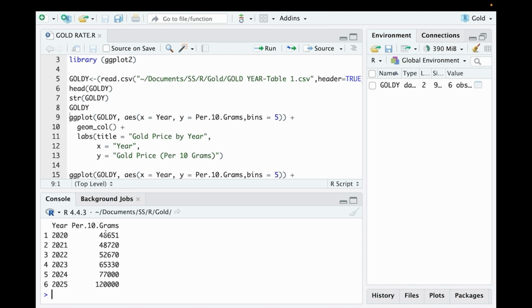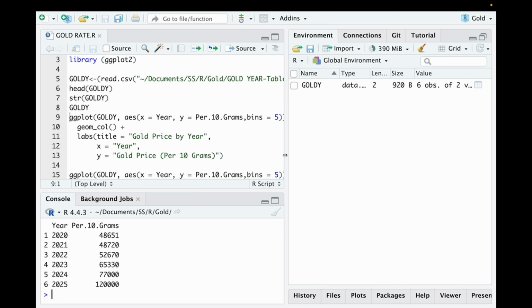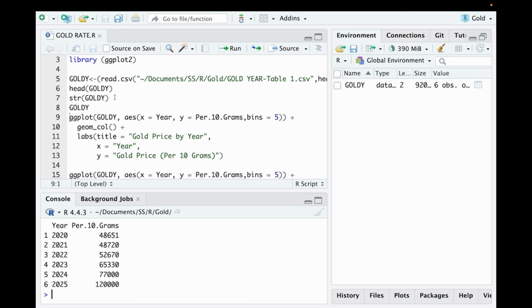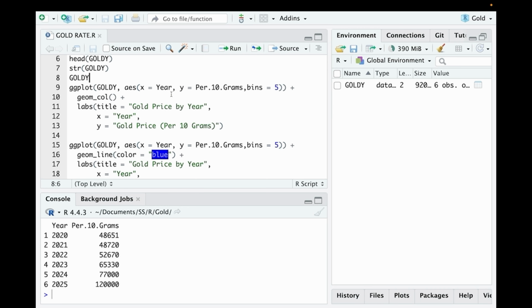So if you compare with 2020, it got almost more than double. By seeing this data, I'm calculating in my brain that it got more than double. Now if you want to see visually, I have written code directly here in R.